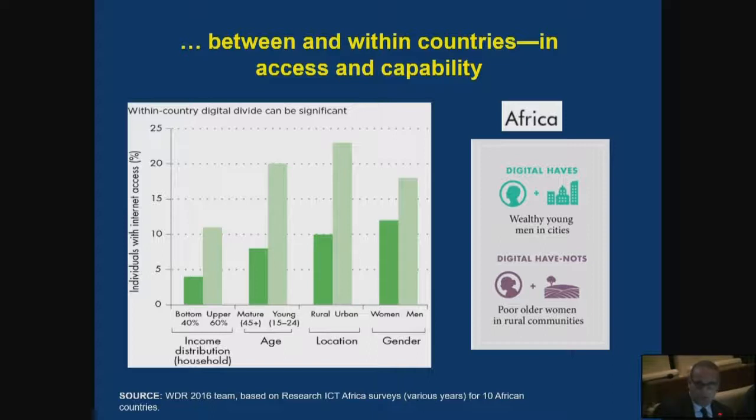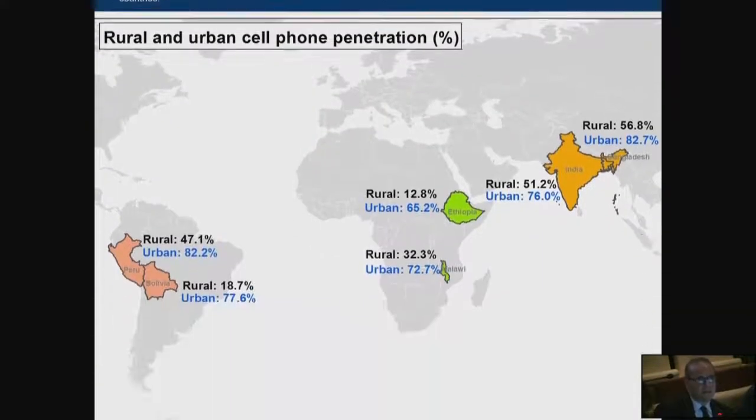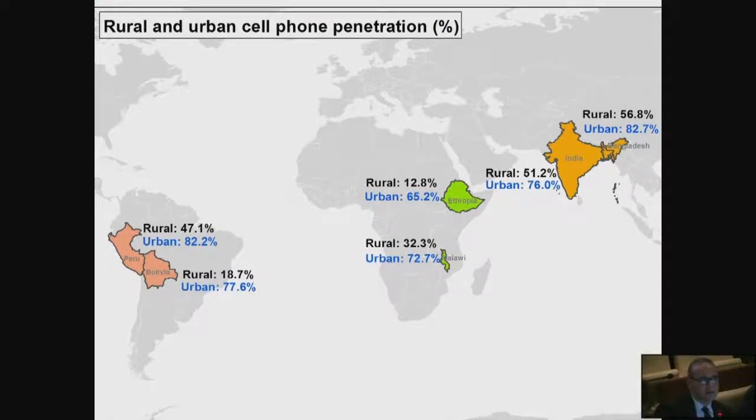And this also brings a problem of initial condition. You have differences at the initial level, which, even if I look into cellulars, we thought was not the case. But when we look at household data, and here I just bring some countries as examples, I have a table of 20 countries, but just look at Peru, for example. In rural Peru, the penetration of cellular phones is 47.1, in urban it is 82.2. In Bolivia, 18.7 and 77.6 in urban. Look at Bangladesh, for example, which was a surprise to me. The differences are enormous when we look at those countries, despite, for example, having the Grameen Bank. In India and in Africa, it's even bigger. So this rural-urban gap, even in cellulars, still is huge.